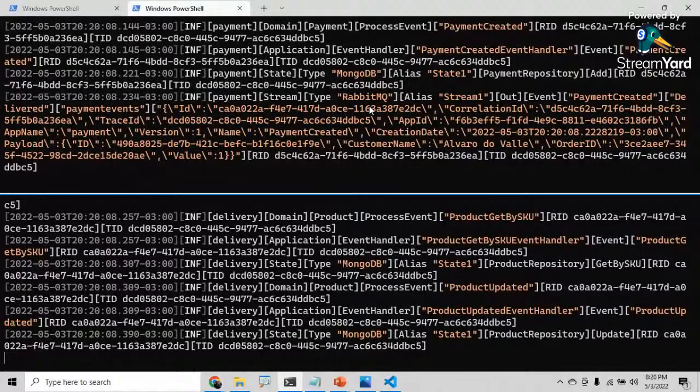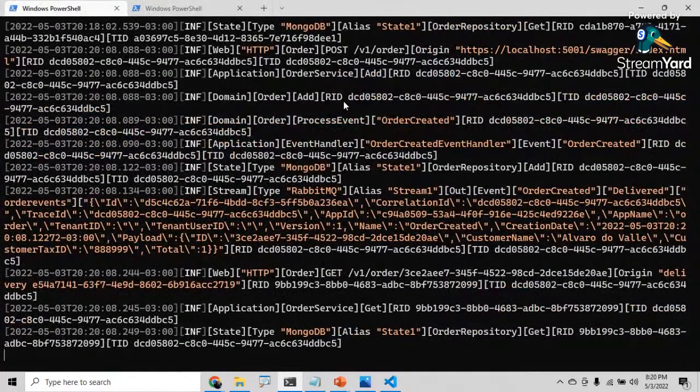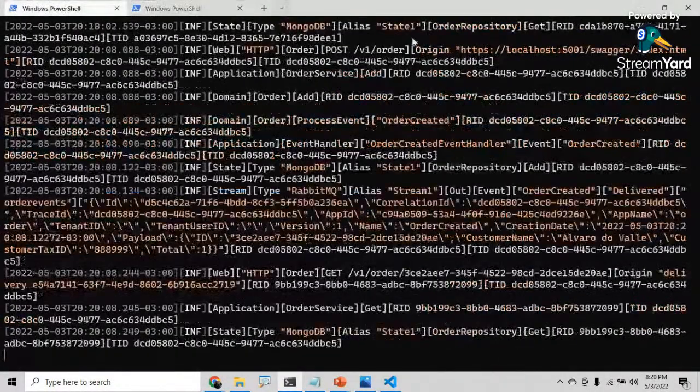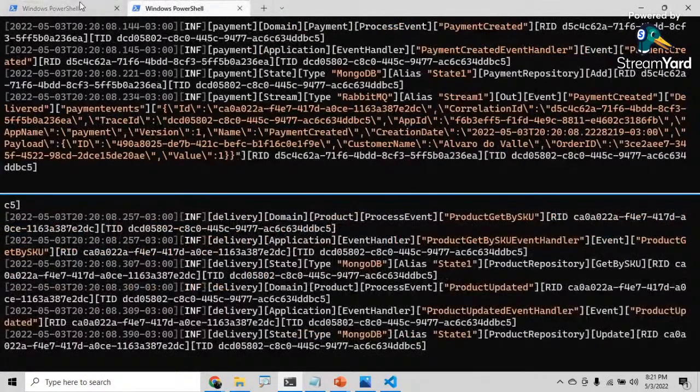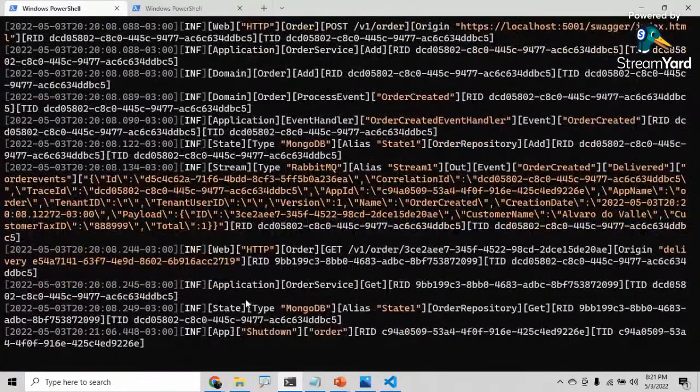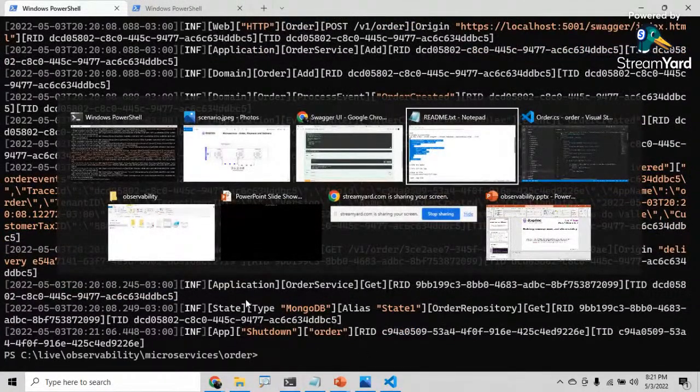On the top, we got the payment microservice. On the bottom, we got the delivery microservice. And they are communicating with each other by events. It's a little bit complex for me to follow individual logs only with an eye. I can do that just by checking out step by step. But if I want to see all the things together, if I want to get all this information in one single place, let's first enable some information here in the configs